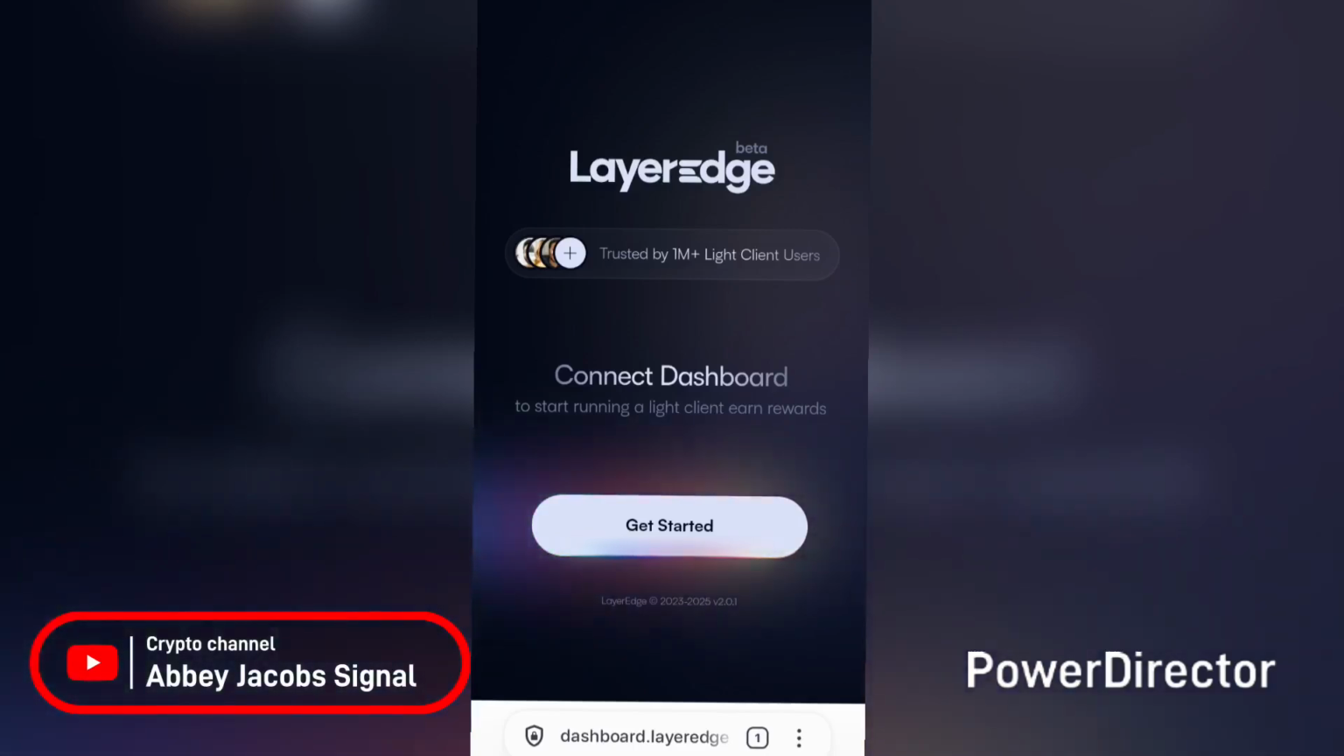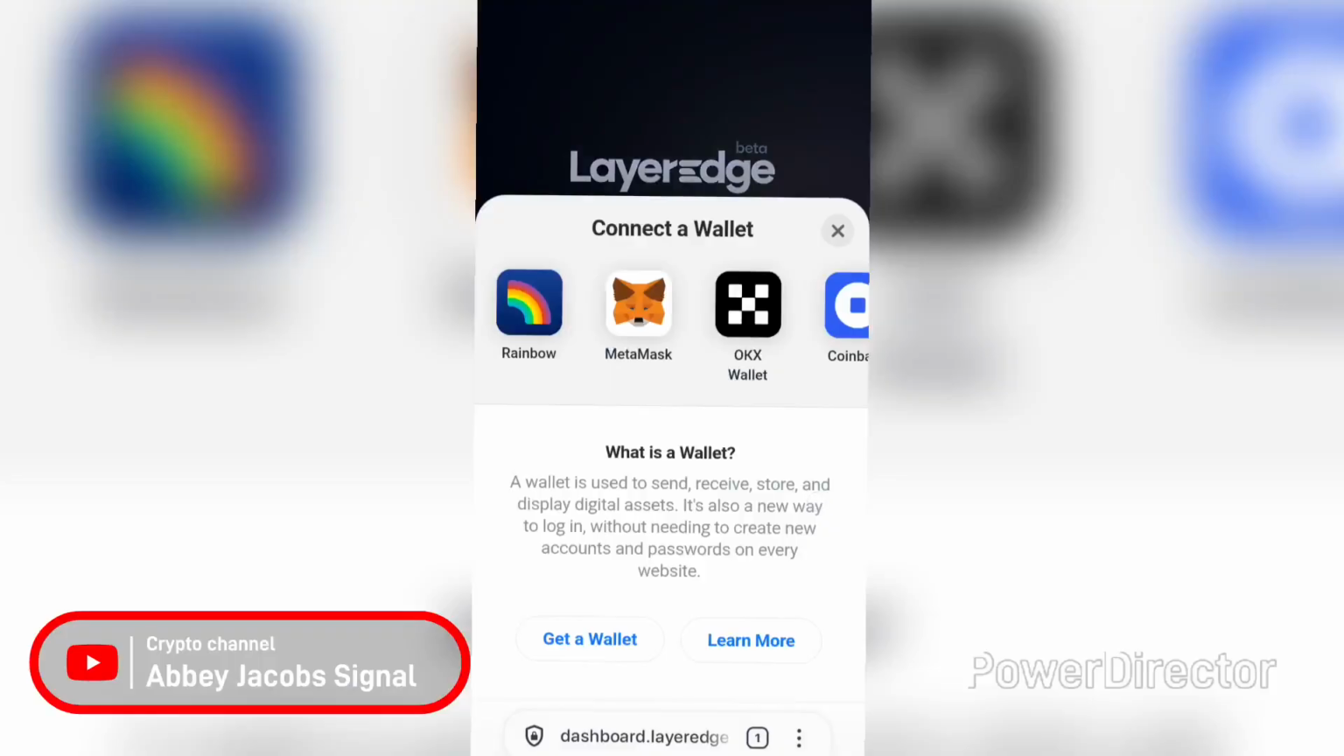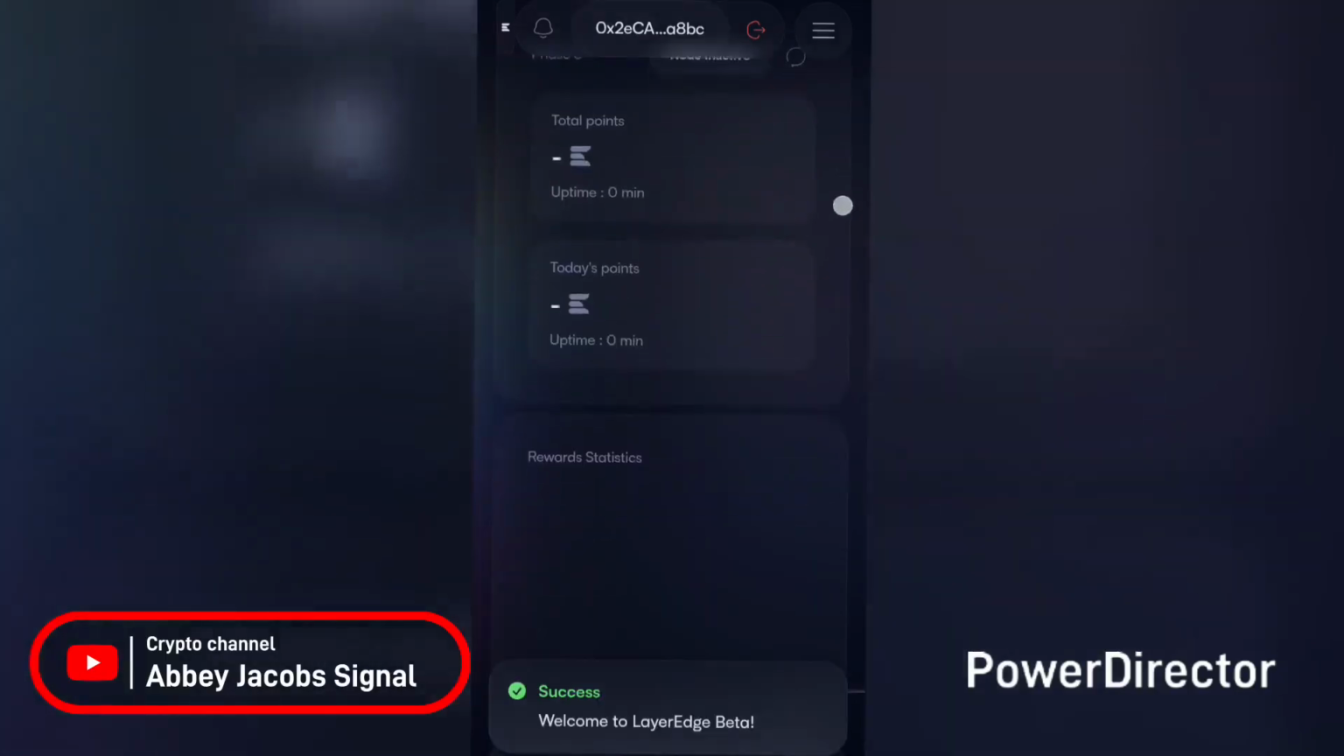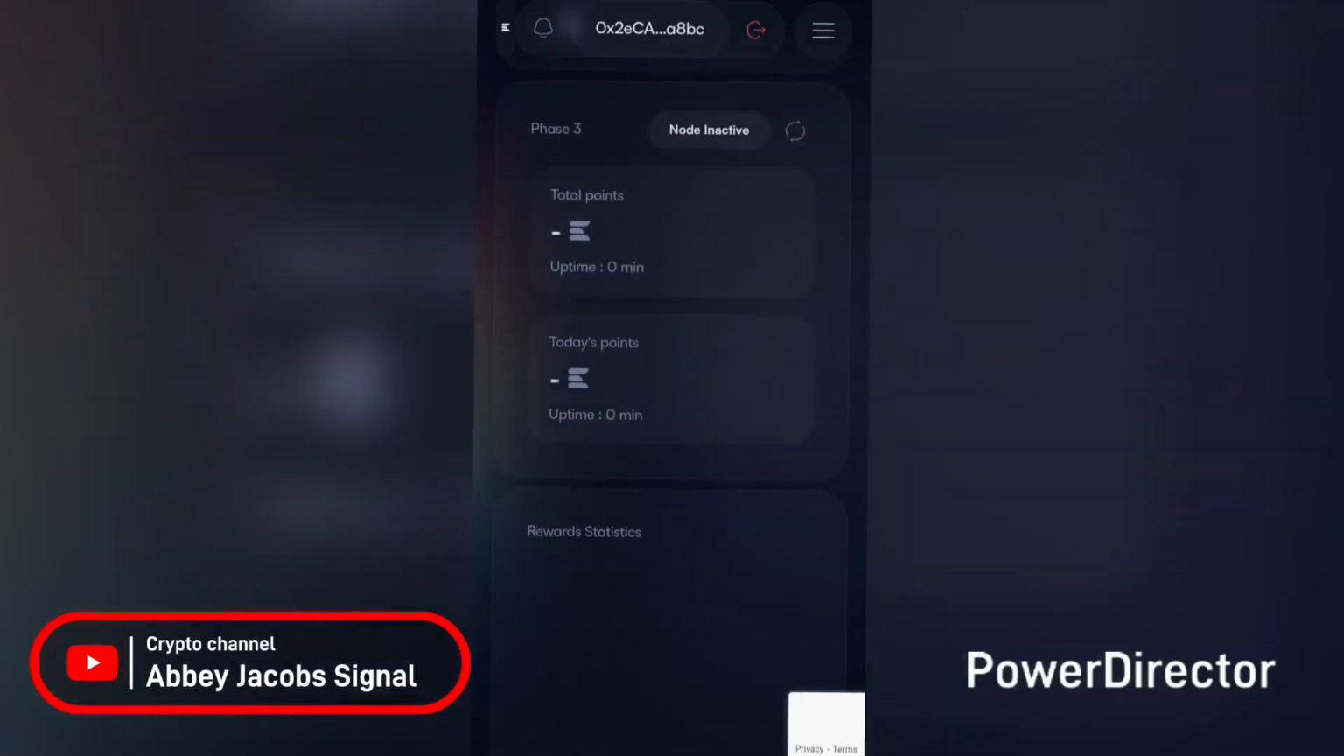So guys, the next phase of the Layeredge airdrop is upon us. Once you go to your new dashboard, you are going to see your dashboard looking like this. Now all you have to do is click on get started, and from there you are going to connect your wallet. Then you are going to click on connect. Then from there you can see your dashboard looking like this, and this is the phase 3 of the Layeredge